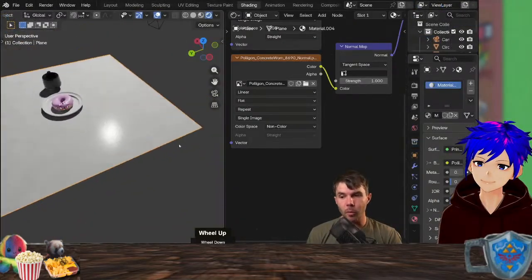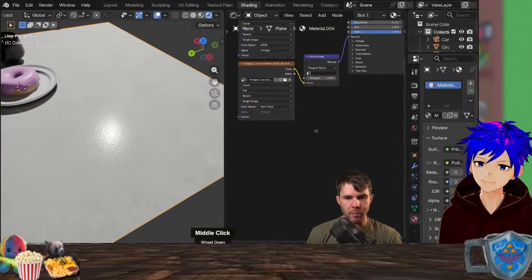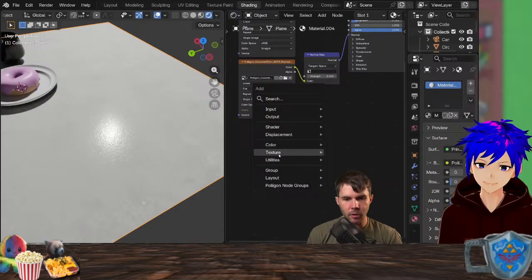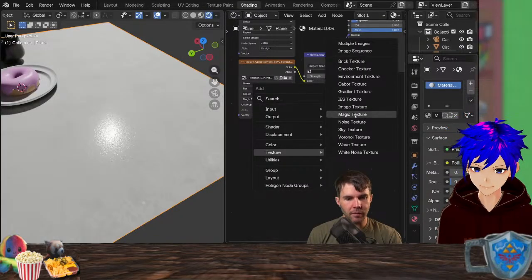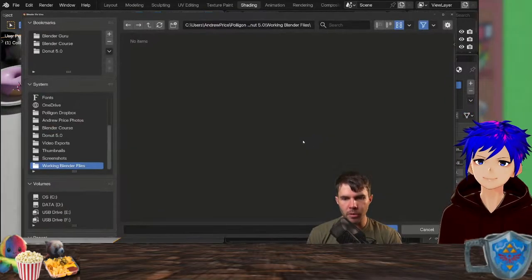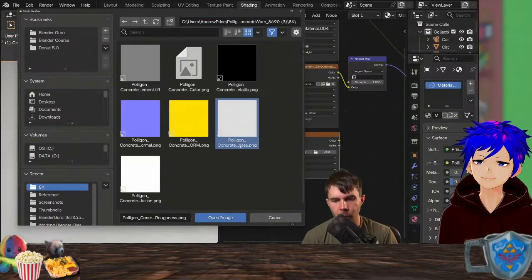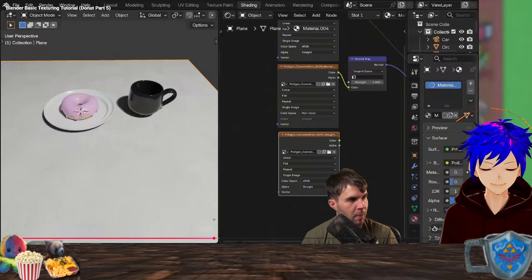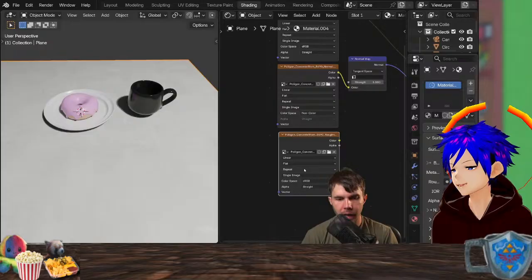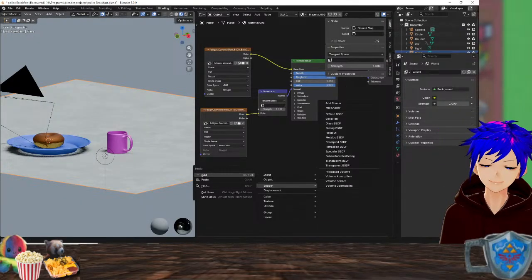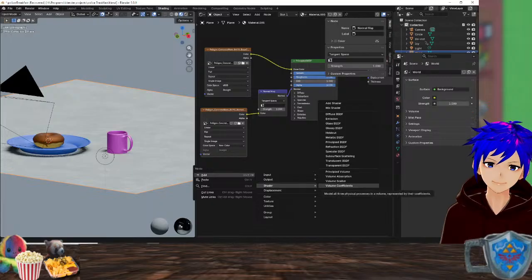Anyways, so that's the normal map, but there is another map which is useful. So I'm going to hit Shift A to add another map, and I'm going to say texture, and I'm looking for image. Just tell me which one. Okay. And then I'm going to click open on this, and this time I'm looking for the one with underscore roughness at the end. Okay, underscore roughness. I'm going to add here. Going to go shader.